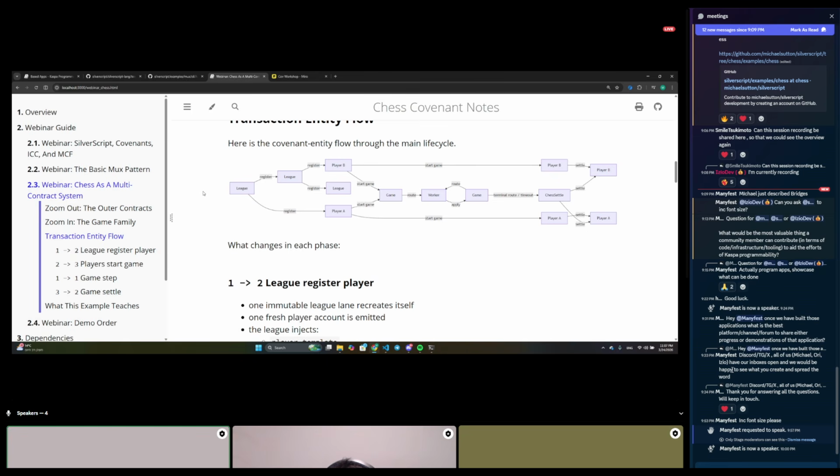And these UTXOs are only used in order to register players with the correct contracts. So a player is going to register to the league, and the registration transaction is going to output the same league object and a new player, player A. Then player B is going to register into the league, and it's going to again output the same league so others can use it, and player B.